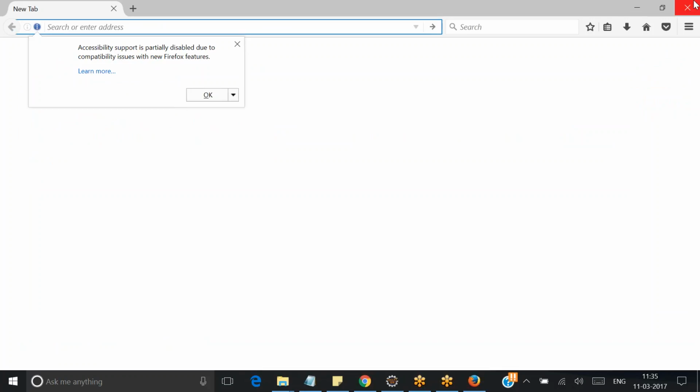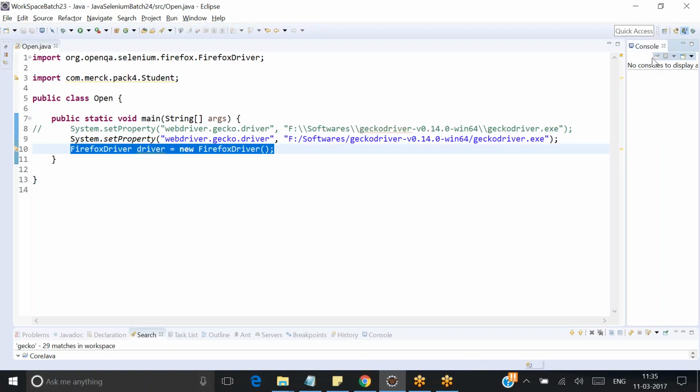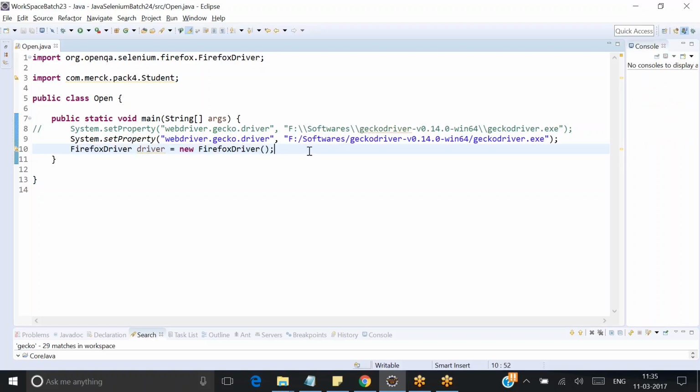Okay, it opened the Firefox browser, guys. Okay, that is the thing. It's opened the Firefox browser. But one thing you guys need to understand is why I want you to basically try an older version of